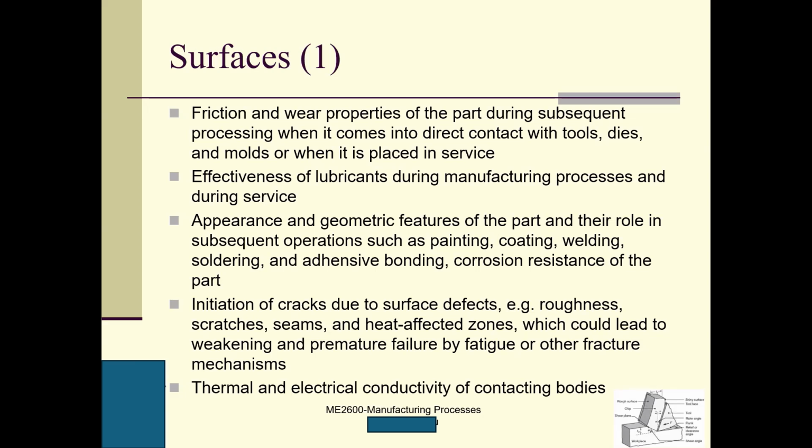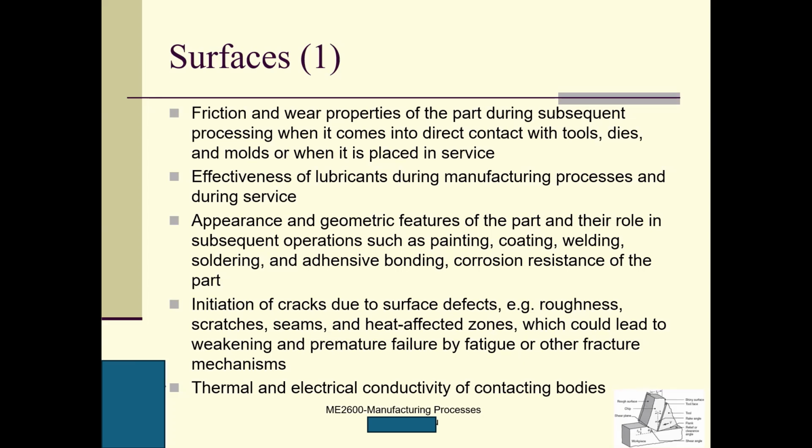If we want to bond this material using this surface with other things, how smooth it is will affect the quality of bonding. For corrosion resistance, if the machined surface is very smooth, the corrosion resistance will be good. Otherwise, it's bad. Initiation of cracks, definitely, okay, cracks are closely related to the smoothness,